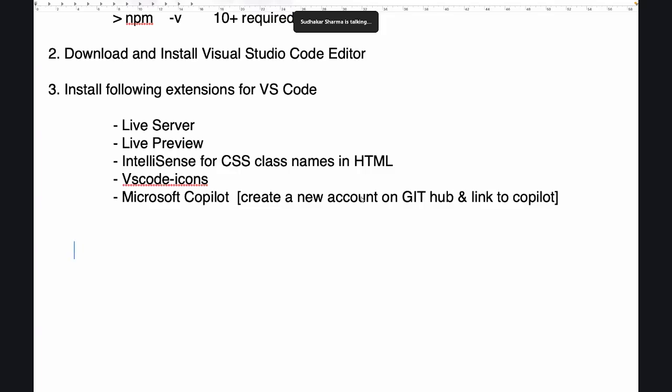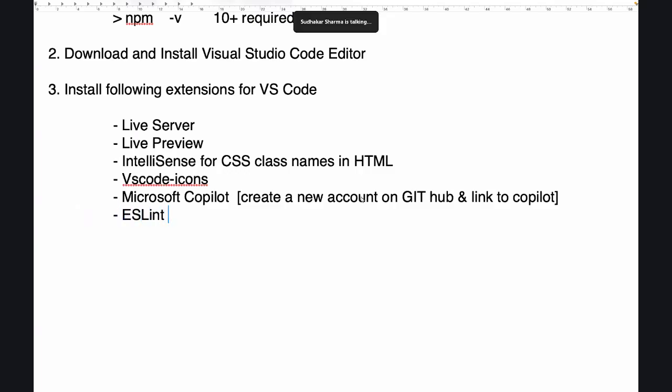When you install Copilot, it will ask to link your Git account. You have to log in with your Git account, then it will link. So Live Server, Live Preview, IntelliSense, VS Code Icons, and Copilot. One more important one is